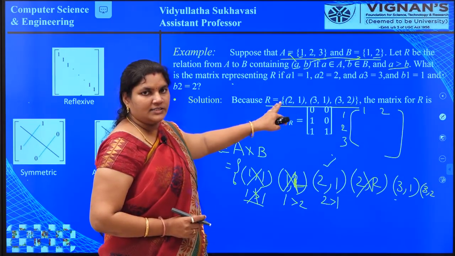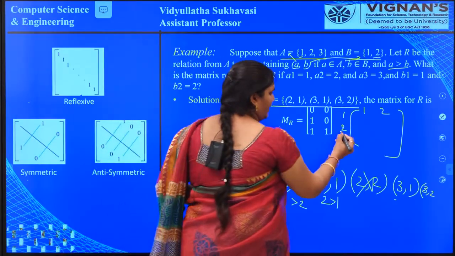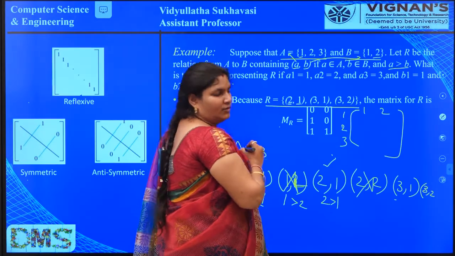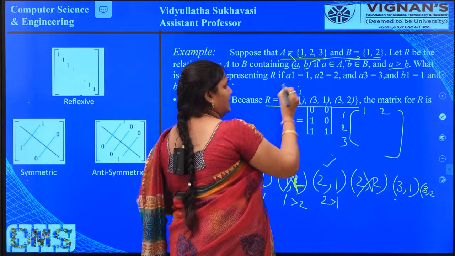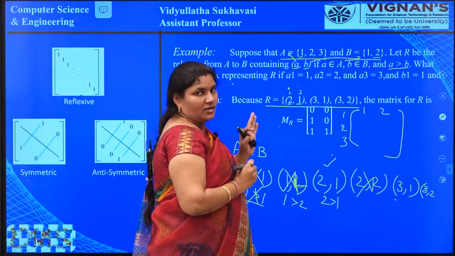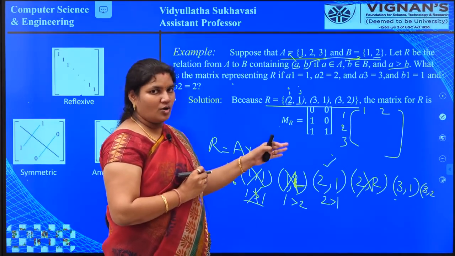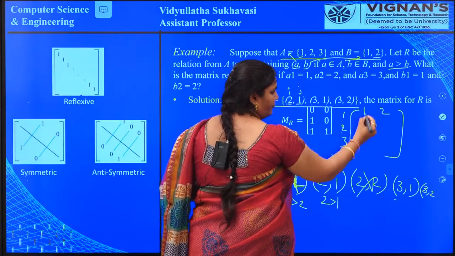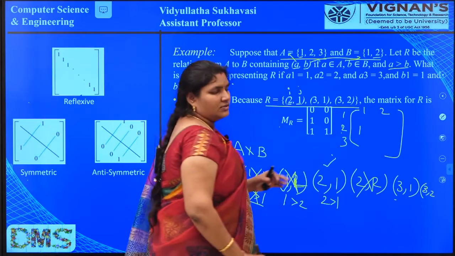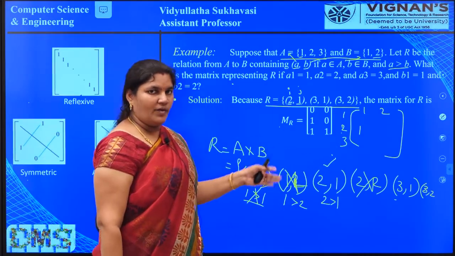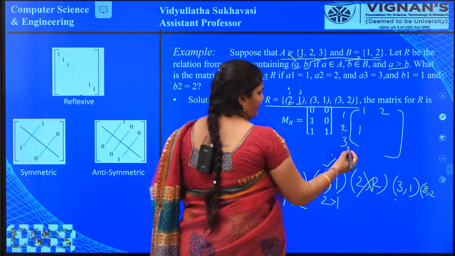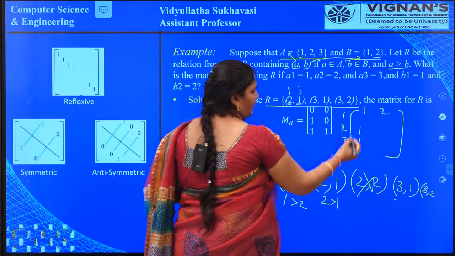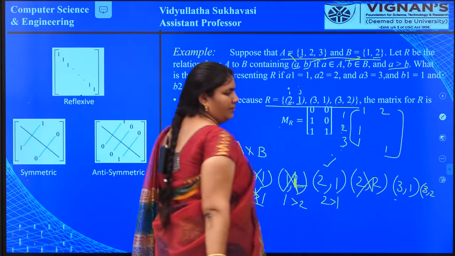The relation R contains the first ordered pair as 2, 1. That means this will be the row and this will be the column value. So this becomes I and this becomes J, where we consider I as rows and J as columns. So 2, 1 means in the second row, first column the ordered pair is present, so we are replacing it with 1. And next 3, 1: 3 is in the third row, first column. And next 3, 2: in the third row, second element is present.